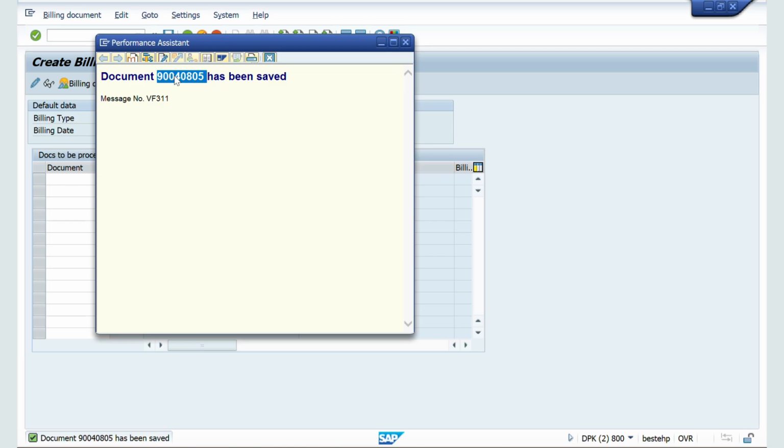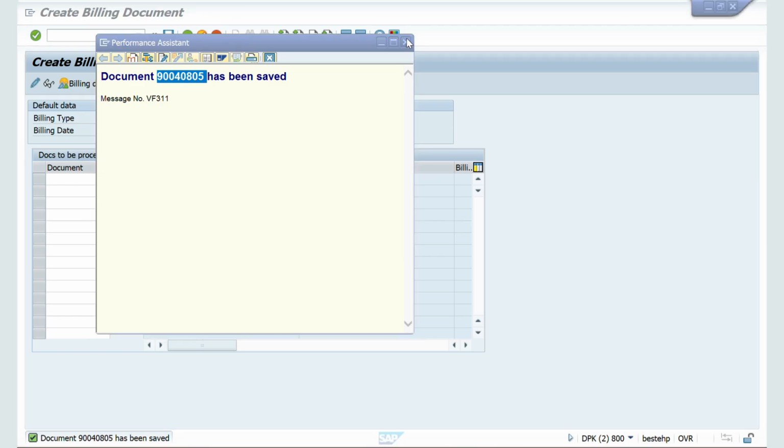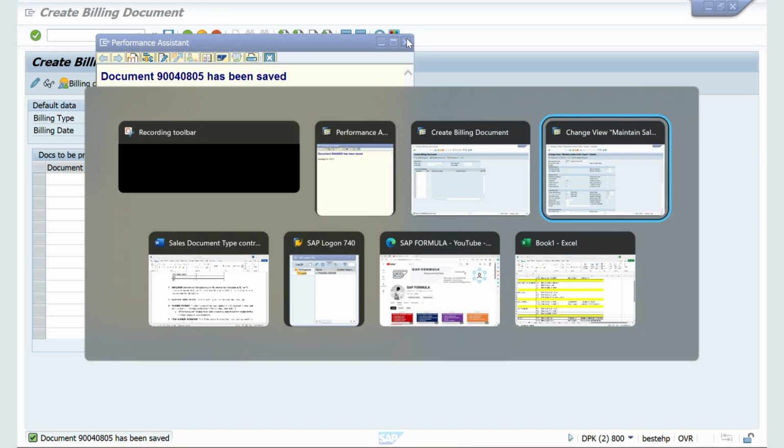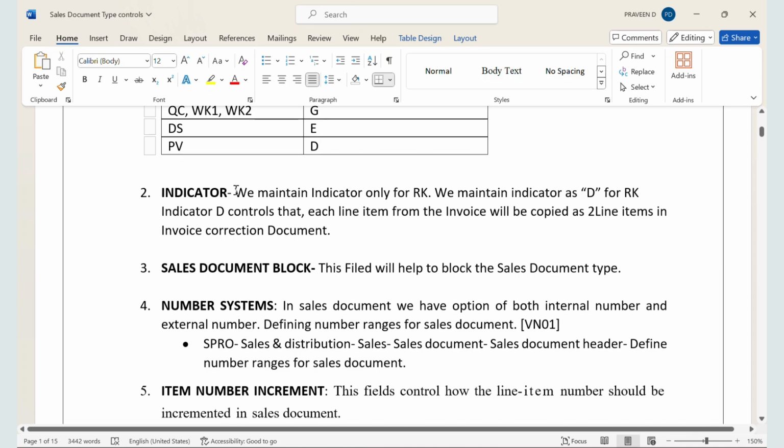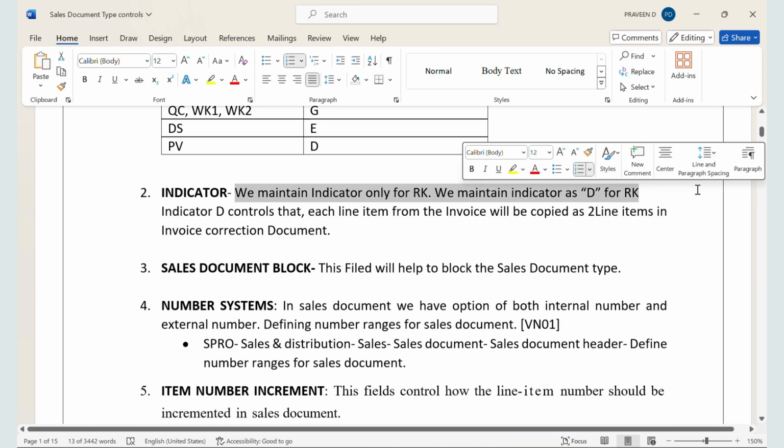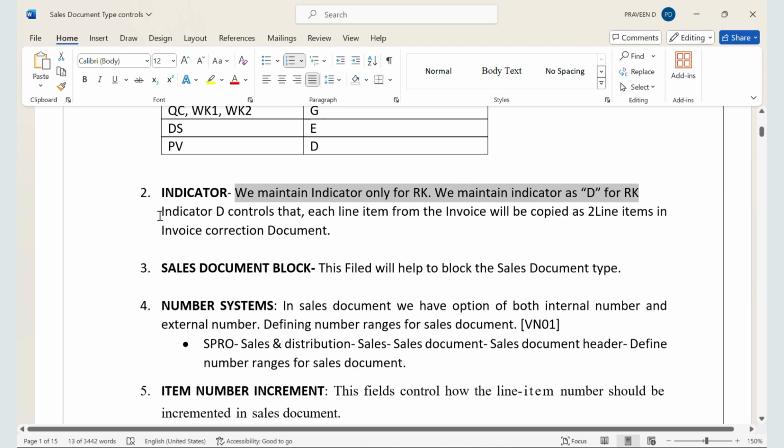Okay. Now what do you mean by indicator? Now let us see what do you mean by indicator. See, we maintain indicator only for RK. What is RK? Invoice correction. We maintain indicator as D for invoice correction. Now, what is the functionality of indicator D and why we will maintain for invoice correction? Now, this indicator D controls that each line item from invoice will be copied as two line items in invoice